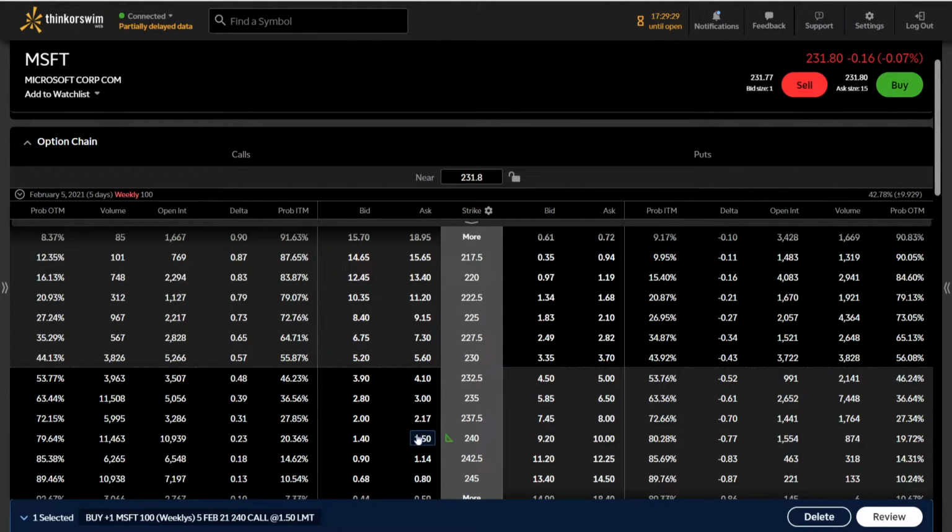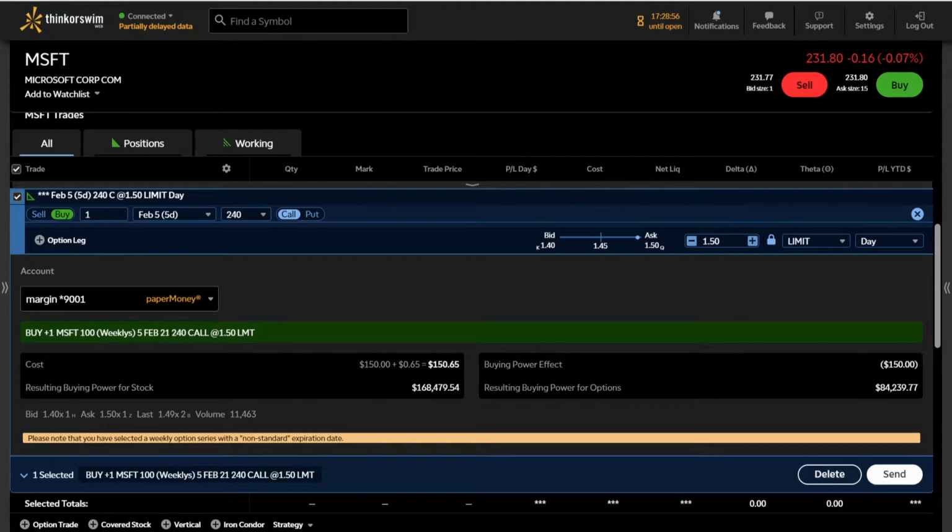So you want to select this column. Typically the price you're going to buy at is in between these two, or the mid price. So we'd probably look to get filled at $145 for this contract. In order for this contract to break even, it's going to have to reach 241.50. But we can always close it before then if we don't want to go to full expiration with this contract. So you'll click review, and then you can see here you're buying the 240 call for $150,